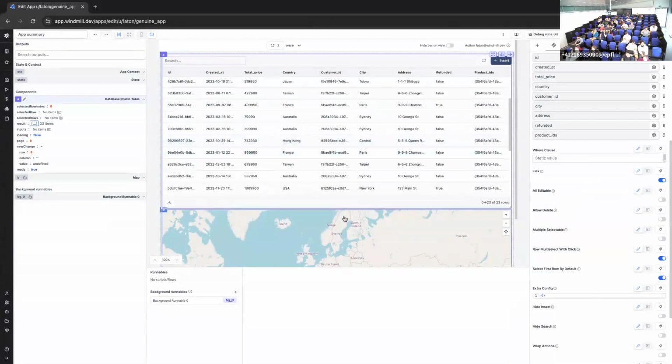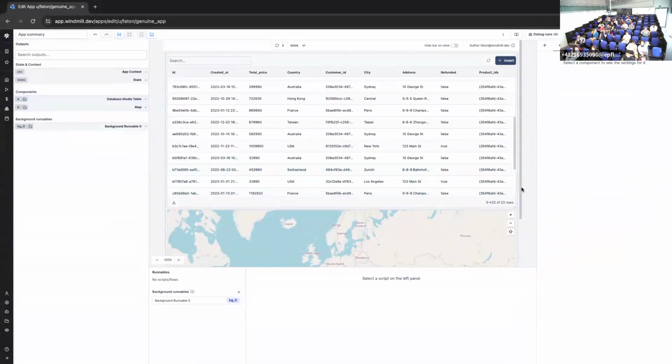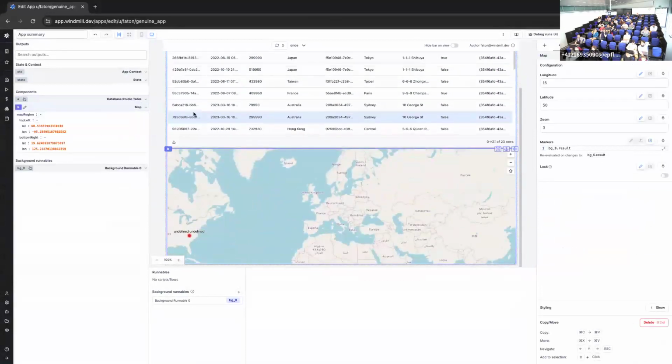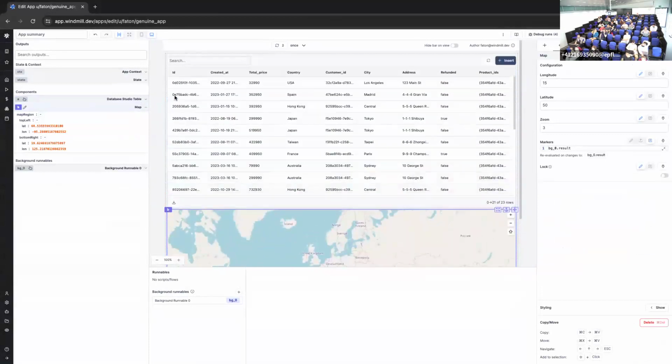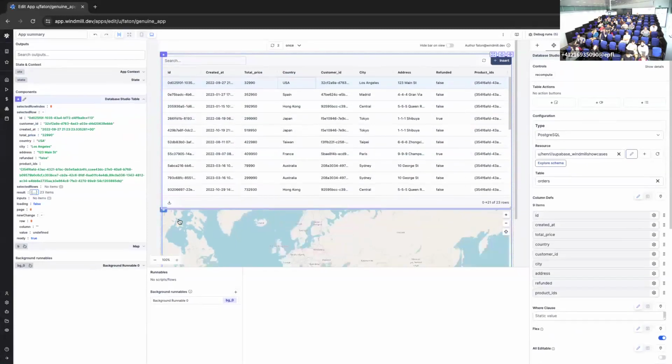And what's more powerful, of course, because this is just one component, is that you can connect it to other components. So here, what was done is that there is a map at the bottom, and this map is connected to my table. So I'll show you how. So let's click on this first row. So we see here that we have an address, which is 123 Main Street in Los Angeles. And automatically, when I click on it, it will update the map at the bottom,